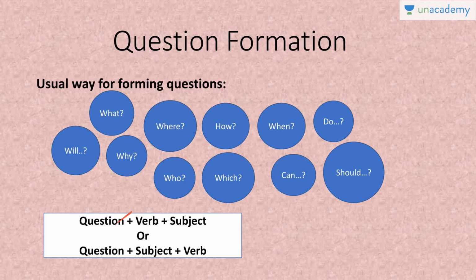You put the verb along with the subject. This was the basic grammatical rule. For example, question being what, verb being is, subject you can take, like what is global warming. Or we can go with question, subject and verb, wherein we say, can Saurabh play cricket, something like that. So we were taught different types of questions along with this grammatical rule.